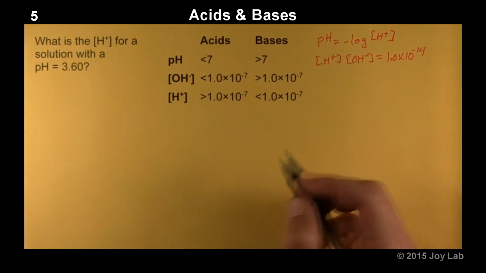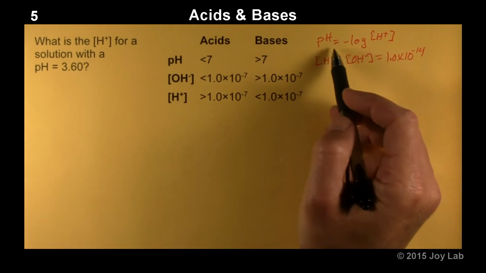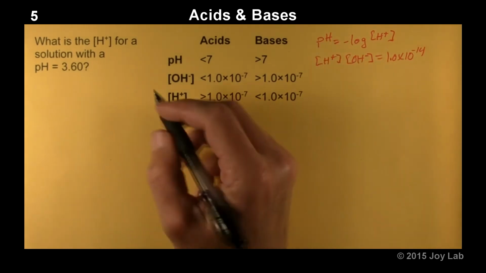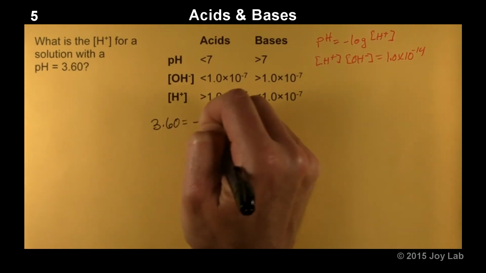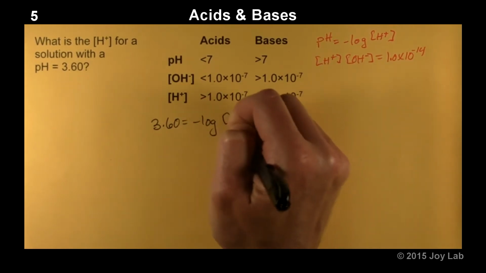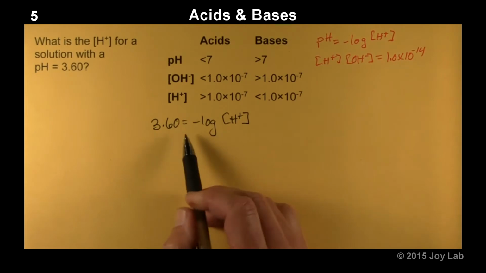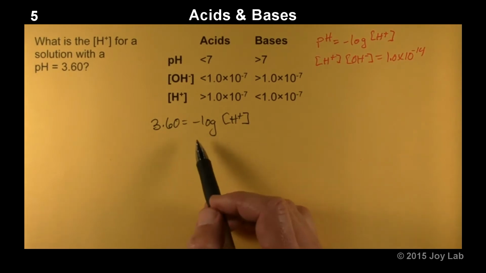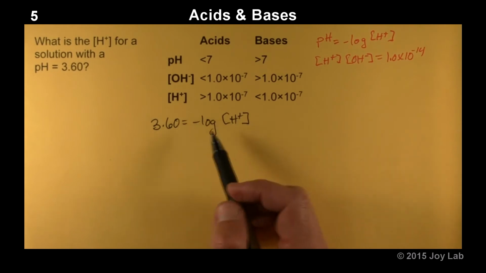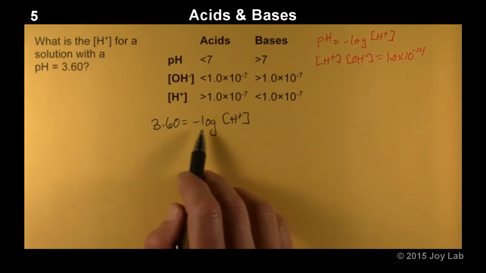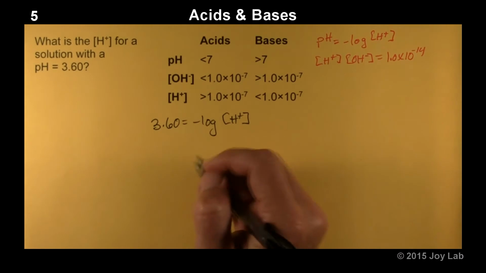So what we're going to have to do is use our properties of logs to solve this. Sometimes people say, well, right now I know that 3.60 is equal to the negative log of the hydrogen ion concentration, and then often people will say, just divide both sides by log. Well, you can't. That's like saying divide by addition. You can't divide by a function. So we're going to have to get rid of that log. And if you remember your properties of logs,